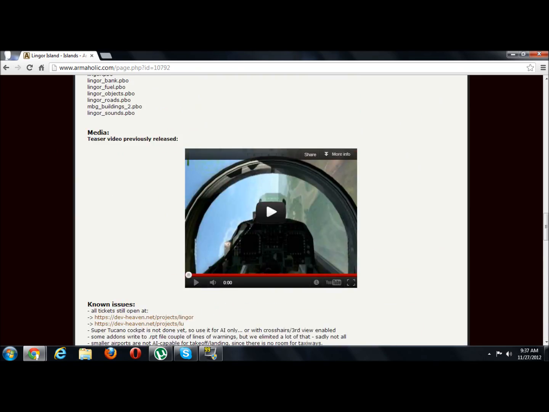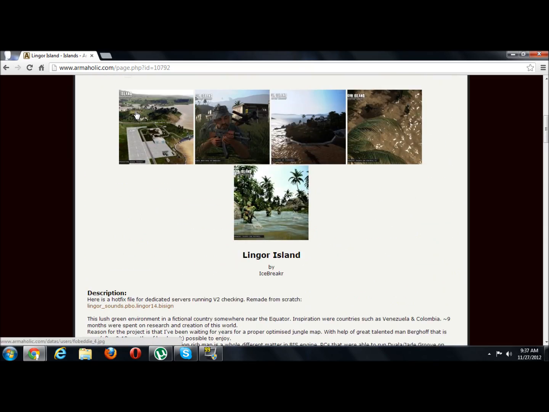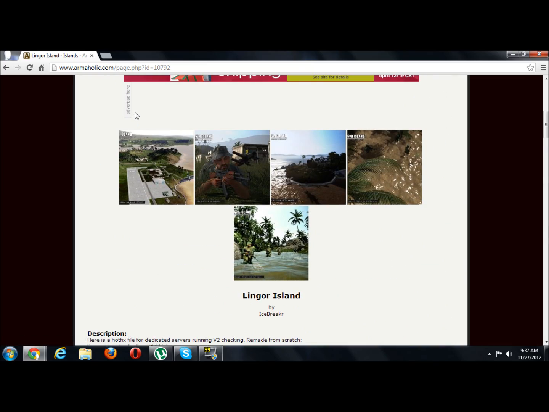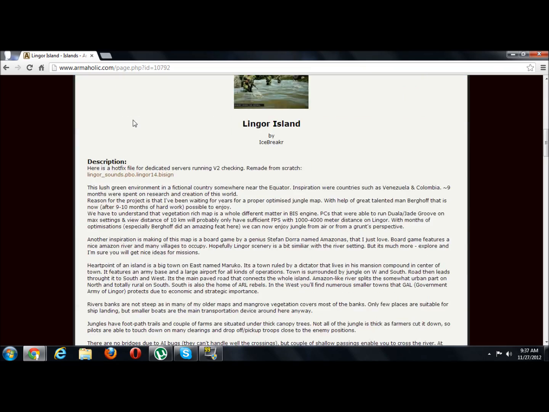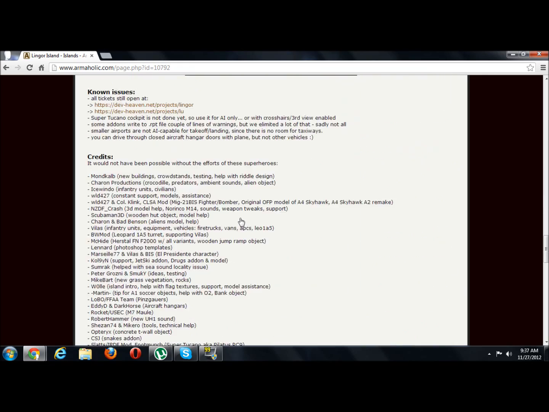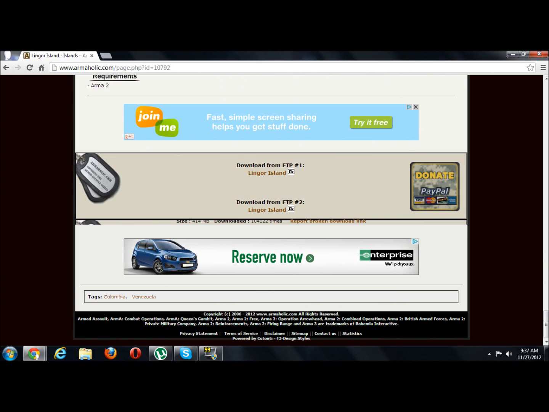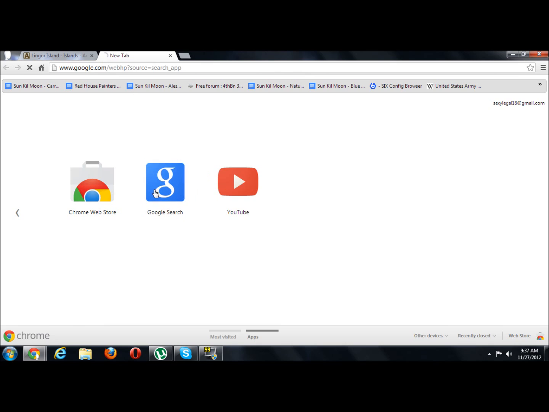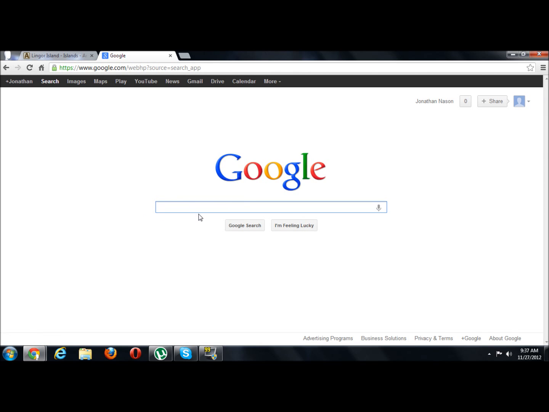But if you go to this link in the description, which is Lingor Island, it'll take you to this site here on Armaholic. You'll see at the top it should say Lingor Island by Icebreaker. You scroll all the way down, you'll come to download from FTP1 Lingor Island, and you'll see this little icon here. That's 7-zip. You'll need either 7-zip or WinRAR, and all you need to do to get those, I might even put a link in the description for those, but basically just Google WinRAR,